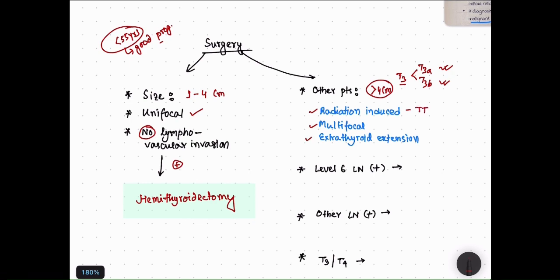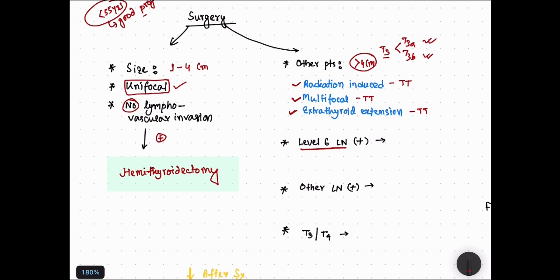If it is multifocal, not unifocal, then again total thyroidectomy, or extrathyroid extension, as I mentioned in T4 or T3B, extrathyroid extension, then also total thyroidectomy has to be done. Now level 6 lymph node, as I told you, is the first draining lymph node of thyroid carcinoma. Please do remember, if level 6 lymph node is present, that is N1A staging, and in that case also you have to go for total thyroidectomy plus